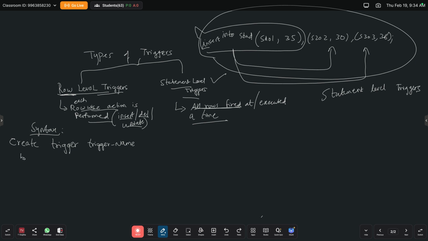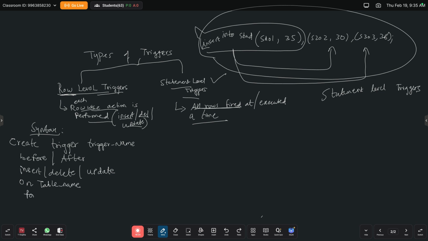So before inserting I can check, or after inserting I can check. Before or after, what are the operations? Insert or delete or update operations. Create trigger, trigger name before or after insert, delete, update on table name, which is most important.